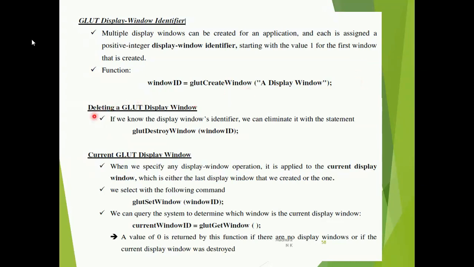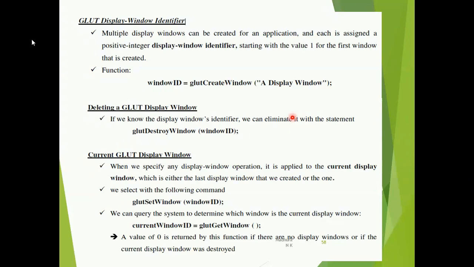Then to delete the glut display window: suppose you have multiple windows displayed on the screen, and you have already identified the windows with their identifiers, starting with the values 1, 2, 3 like this. Now a particular window, maybe the fifth window, you want to delete.